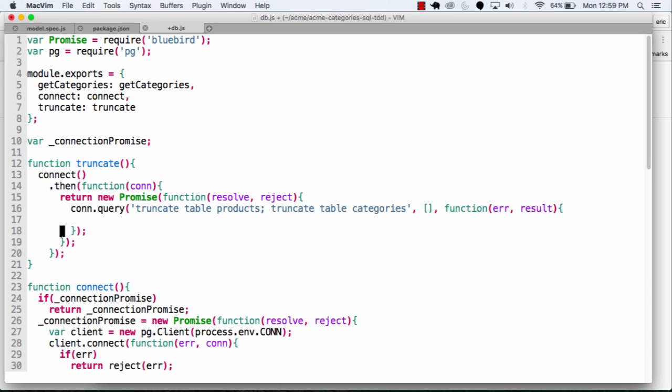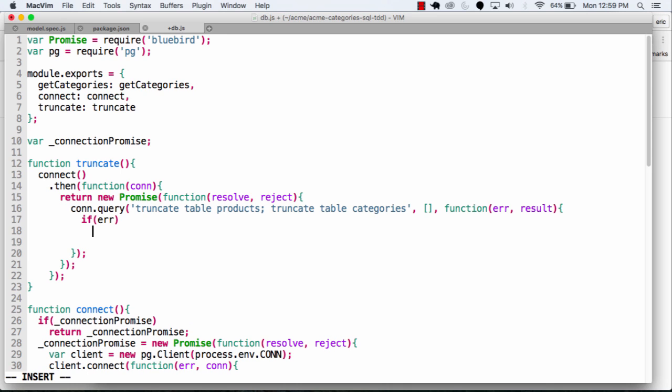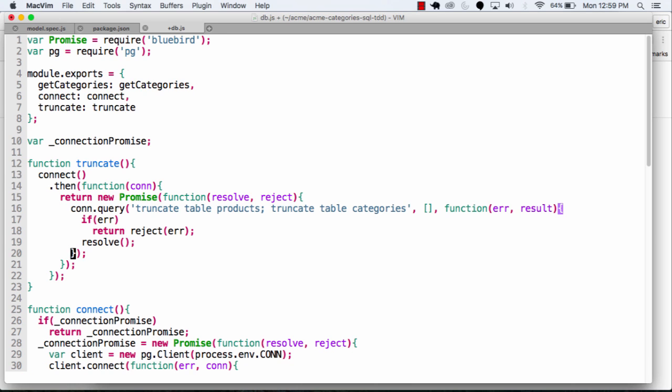I don't really have anything to resolve here, so what I'll do is, hey, look, if I have an error, then for this promise that I returned, just like I did with my callbacks, I want to get out of there, and I'll reject with the error. Otherwise, I am going to resolve. There's really no data that I need to resolve with when I truncate. But if this works,